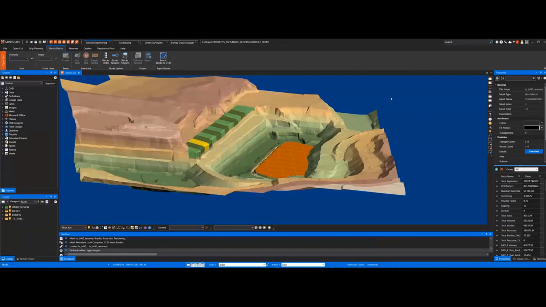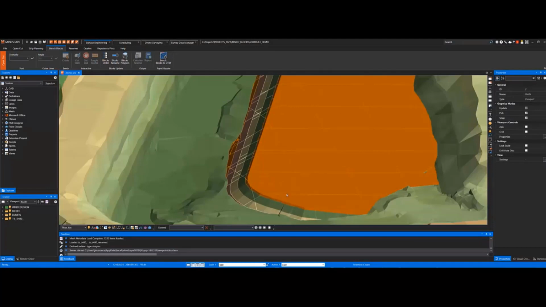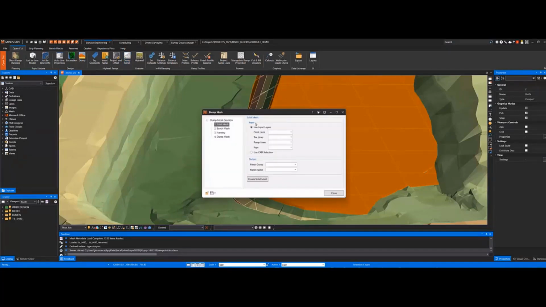Same for dumps. Now we've added another feature for dumps too. If you notice that this dump actually has multiple blocks in it, under OpenCut dump mesh, now you can go ahead and create a solid dump mesh.